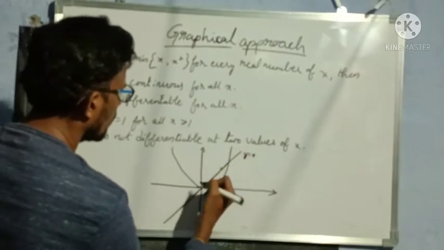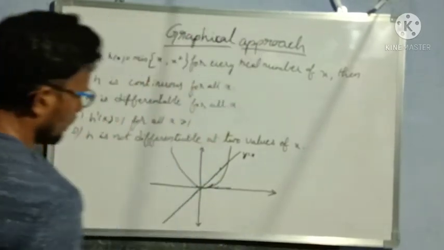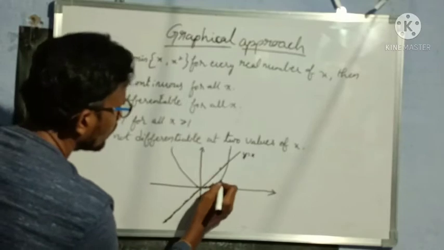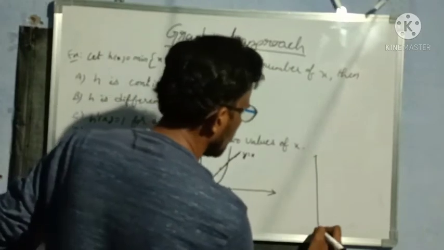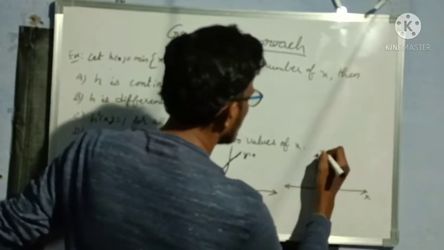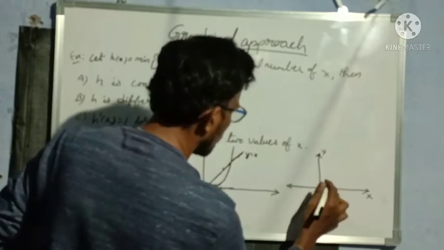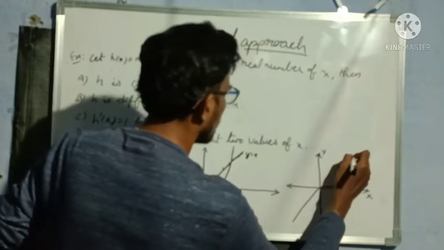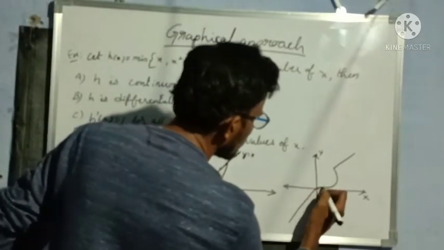Okay. So now we need to take the minimum value. Minimum value means this part, and again this curve, and again this part. If I draw the graph again, this is the x-axis, this is the y-axis, and this will be like this here, and from here we are getting a sharp corner, and again this will be going like this, and again we are getting a sharp corner. Understood? This is the graph. Okay, so at 2 points we are getting a sharp corner.